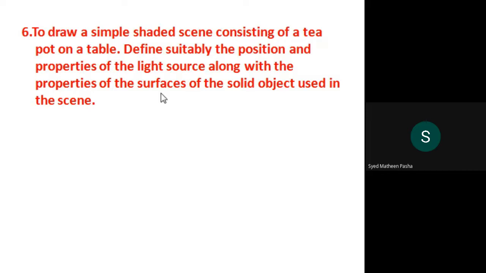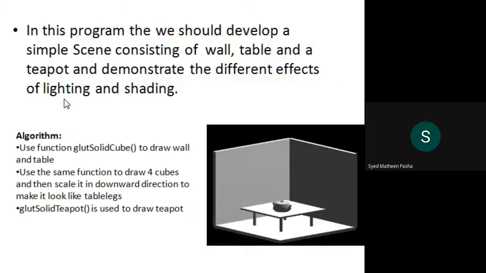What if the surface is not clean? It consists of some objects on that particular surface. It depends on the object. It will stay or it will not stay on that particular surface. So you need to define some of the properties of light as well as surfaces with respect to the object which is being used in the scene. What is the object used in the scene? Table as well as the teapot. Okay, so this is the question.